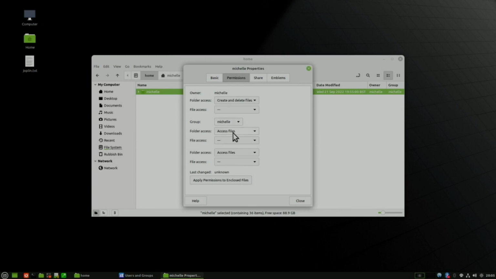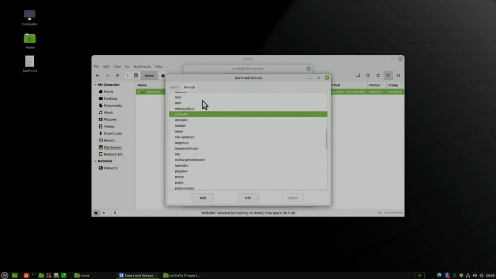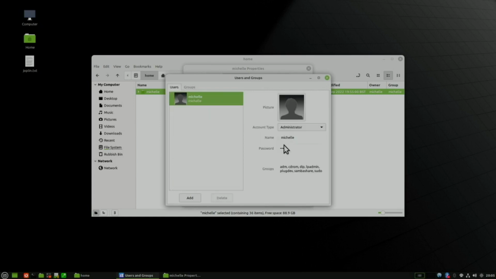And the group and the folder, access files, create and delete files. So typically everybody is able to access files across, but not change anything. And if you have a look in here, you can see the group and you can edit it. You can edit the group name. But it's if you need to make different changes,